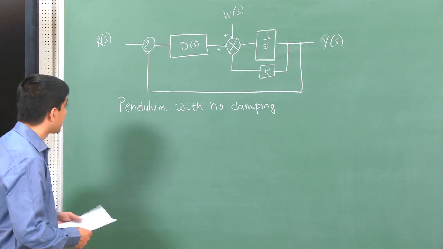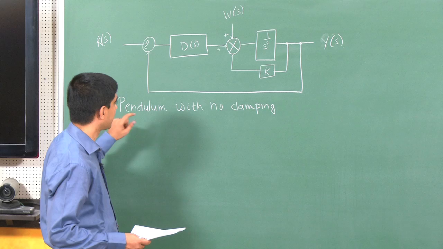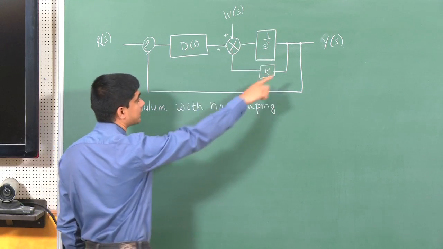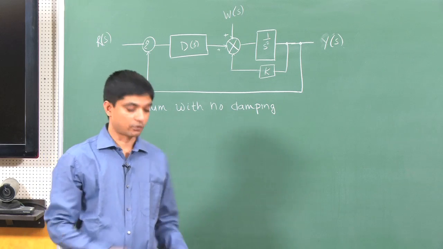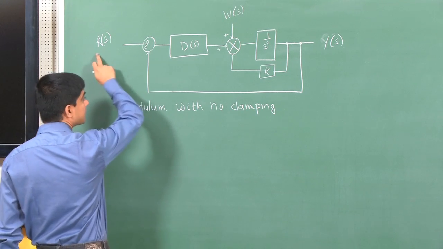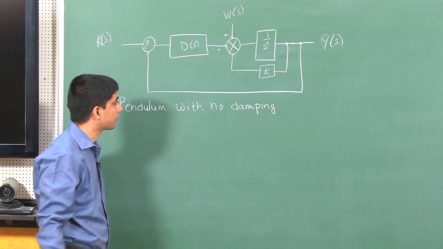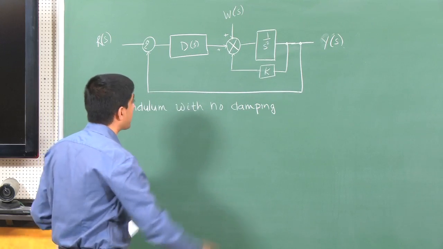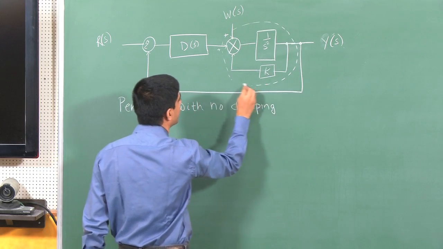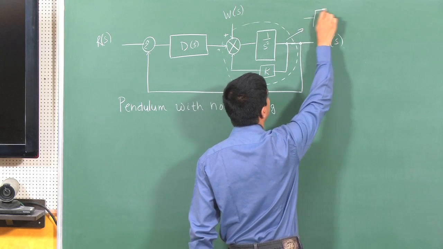Okay, so I start with a simple looking example, which is a pendulum with no damping, and I'll tell you why this represents a pendulum with no damping. Then you have a controller, and we expect this controller to do a set of things for us, right? So you have a reference input, the output, the disturbance, and the standard feedback configuration, right? If I do the block reduction, this little block would just be a series block of the form